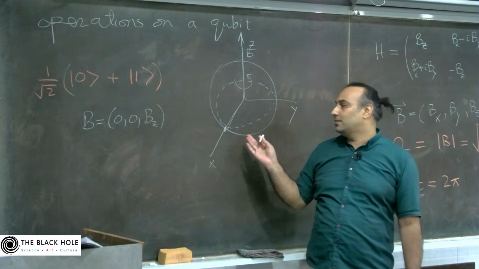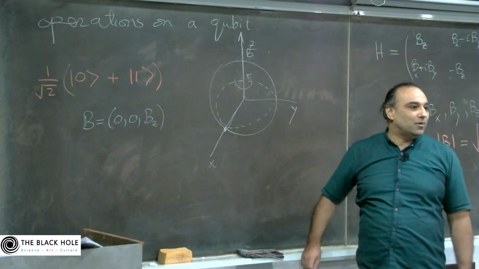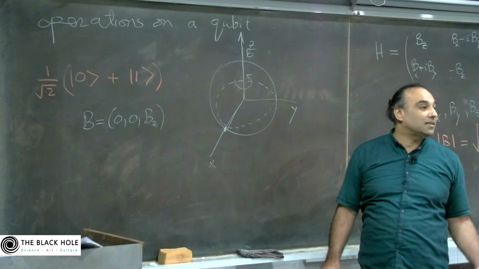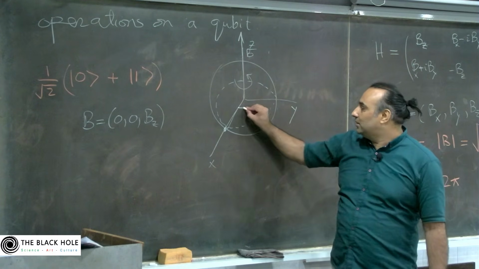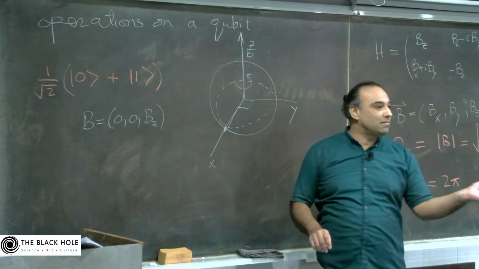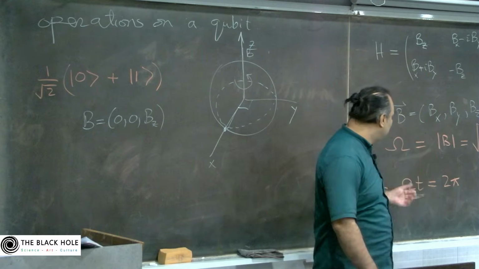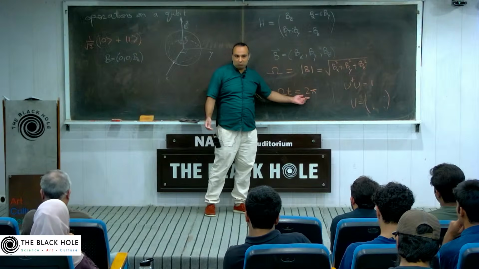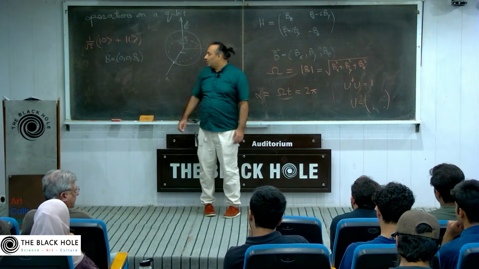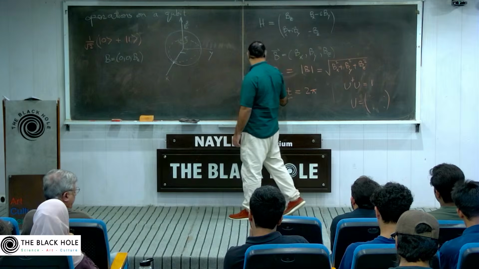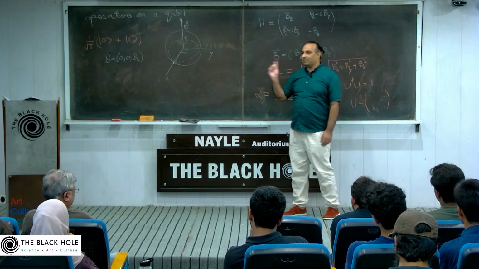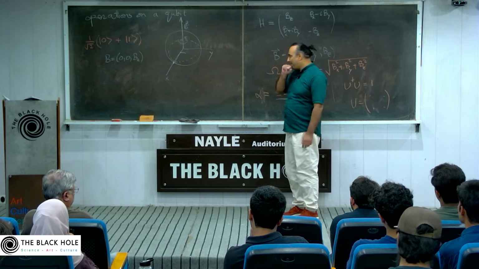Okay, so that's a simpler picture. So now if you start with this state and you want to make it an eigenstate of y, what you would do is, this is 90 degrees, so you would evolve it for a product of omega and t that corresponds to 90 degrees. Okay, so you choose this alpha and you can go anywhere. Okay,